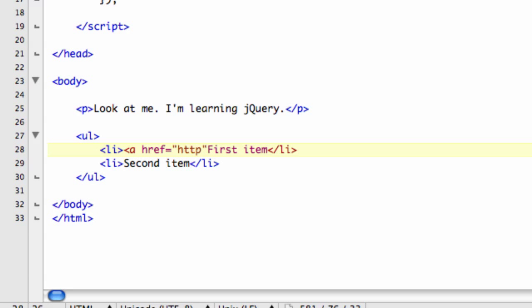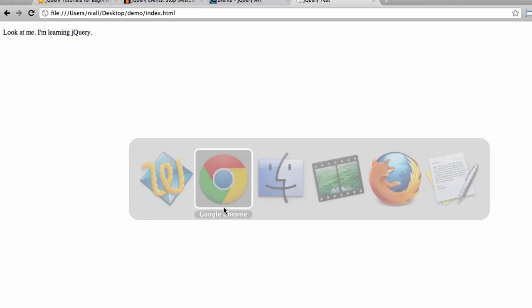We're going to make it link to google.com, which is a website I'm sure you've all heard of. So we just have google.com. We're going to keep it nice and simple here. Obviously I should have title tags and those sorts of things in here, but we want to keep it simple. So now if we reload our page,